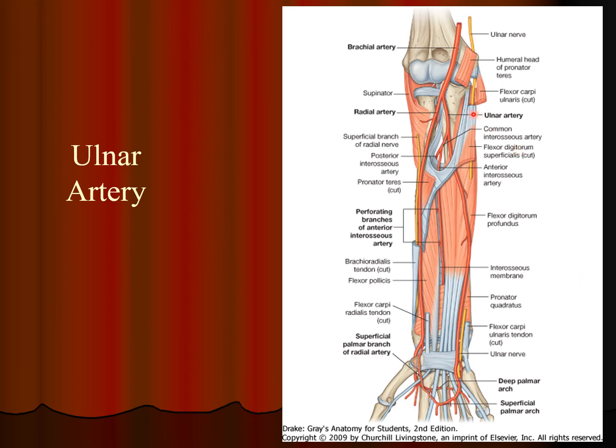So here we have the ulnar artery arising, and just after its origin it gives the common interosseous artery. A very small common interosseous artery in terms of its length, and as this artery arises it divides into two branches, and through this gap the posterior interosseous artery passes to the back or posterior compartment, and the anterior interosseous artery runs in the middle of the forearm to supply the muscles.